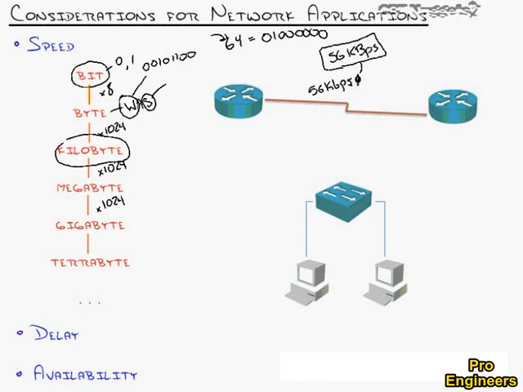Well, look at that flow chart. 56 divided by 8 will tell you how many kilobits per second that is. So when you think about the network, all of the links are rated in terms that are probably a factor of 8 less than what we're used to dealing with on computers, bits per second.